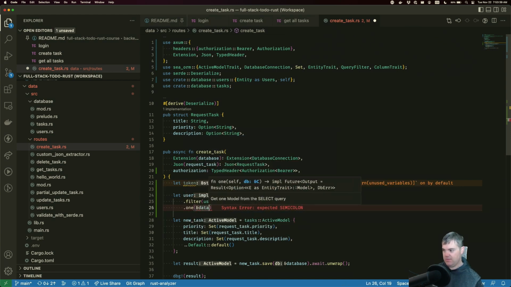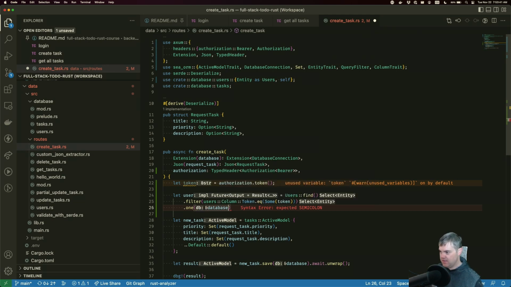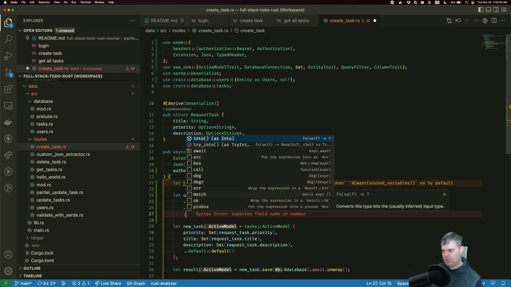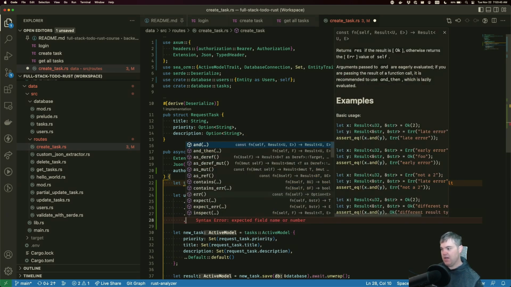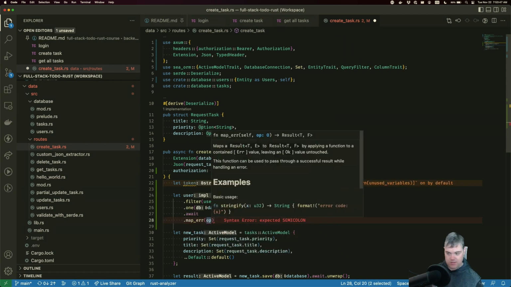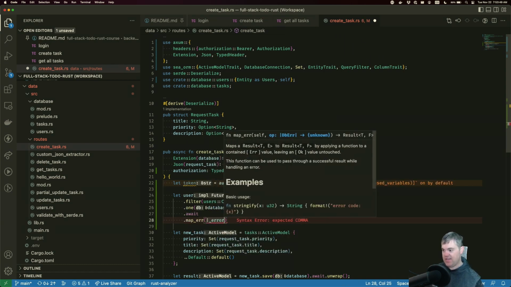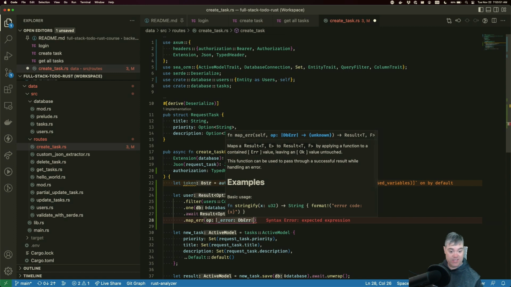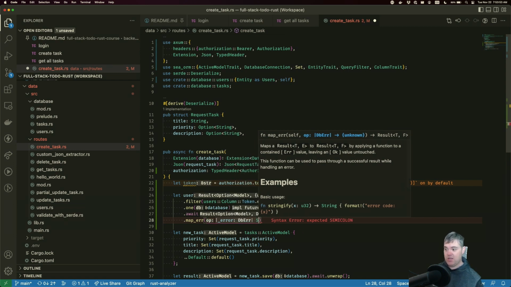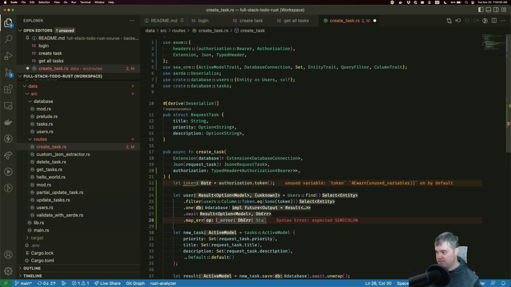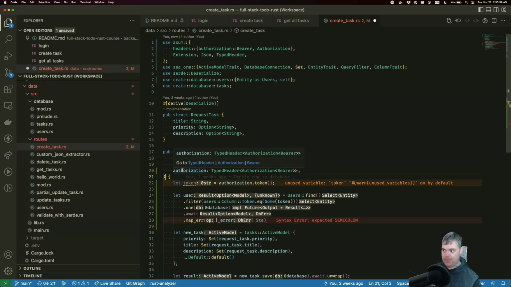So we want database. In there, we want to await. We want to map the error. If there is an error at this point, it is definitely something that's just gone wrong on our side. So we're going to return a status code.